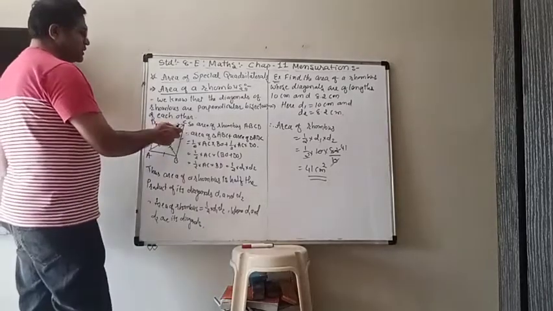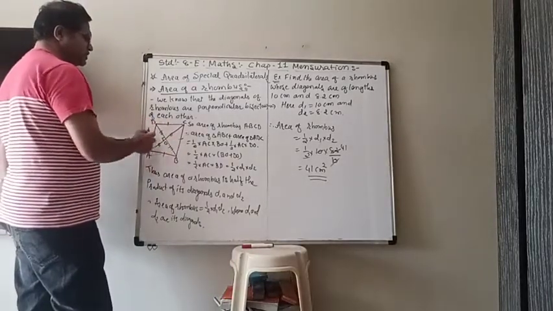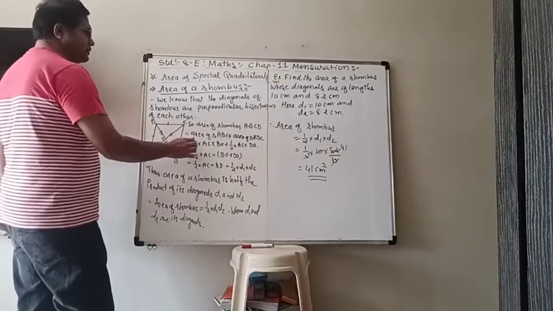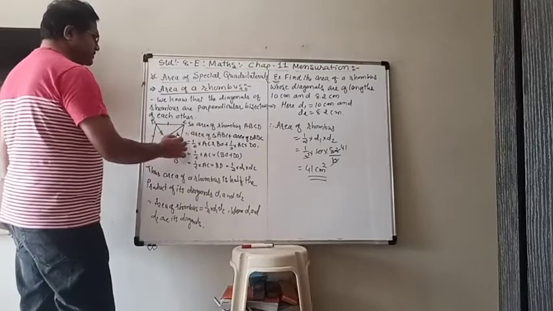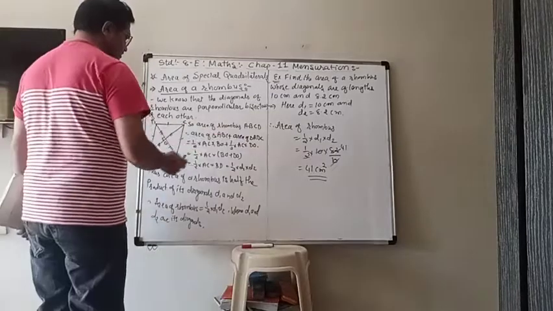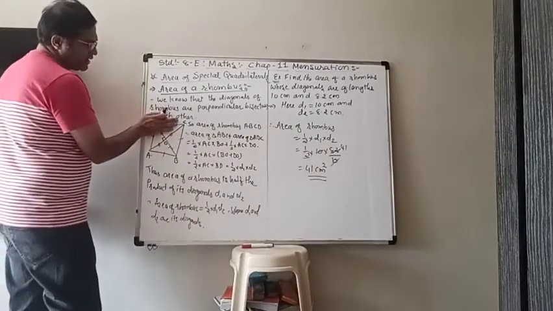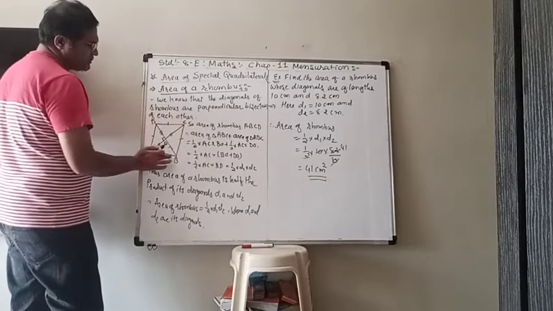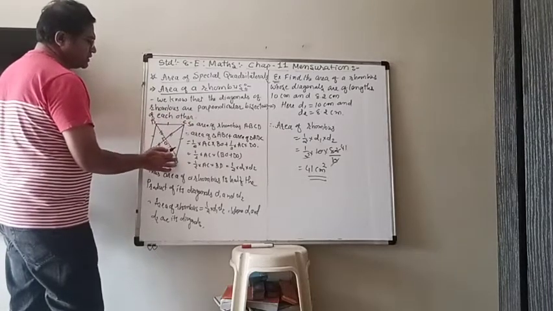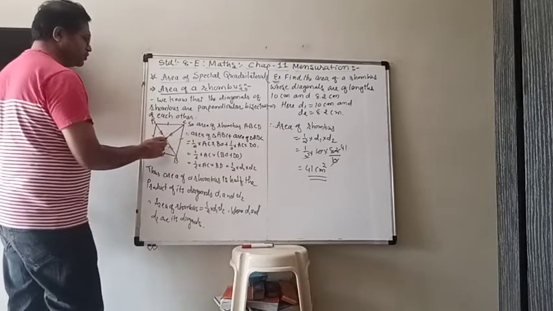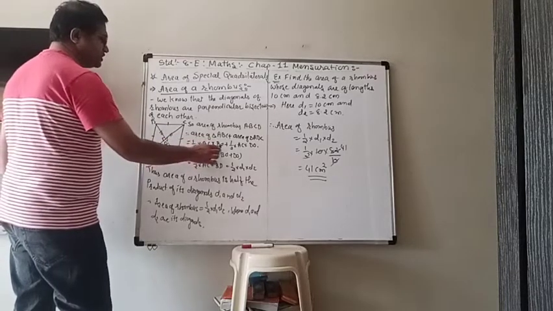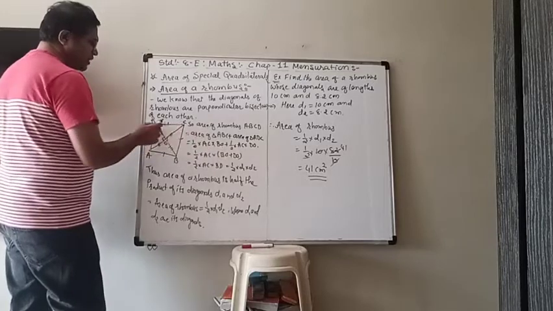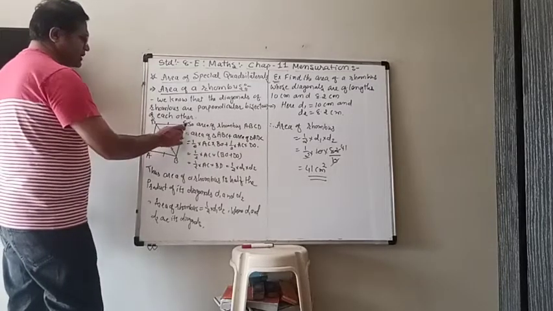So the area of the rhombus will be the area of triangle ABC plus the area of triangle ADC. In triangle ABC, AC is the base and BO is the perpendicular height. So the area of triangle ABC is half into AC into BO, plus the area of triangle ADC, which will be half into